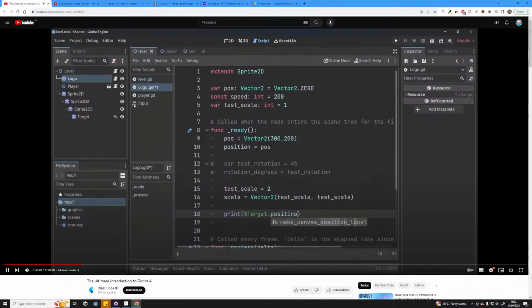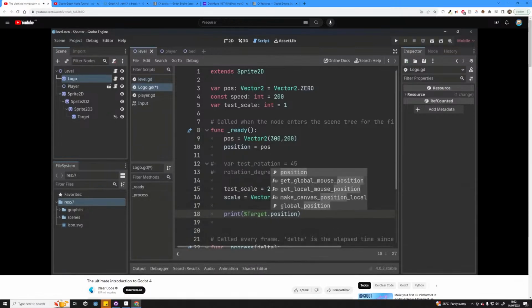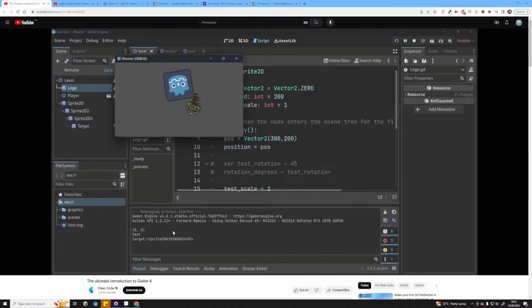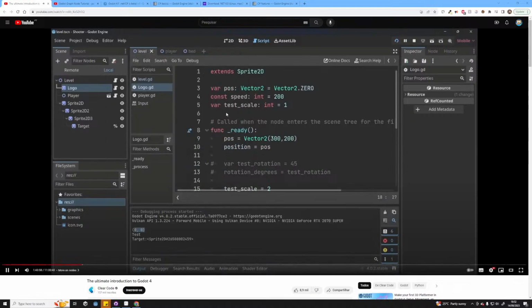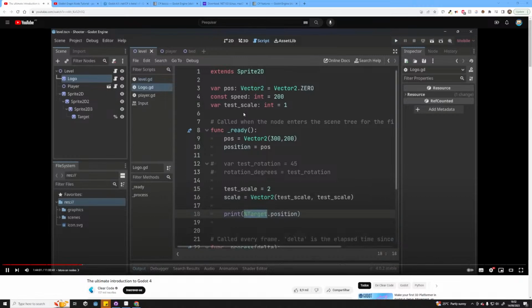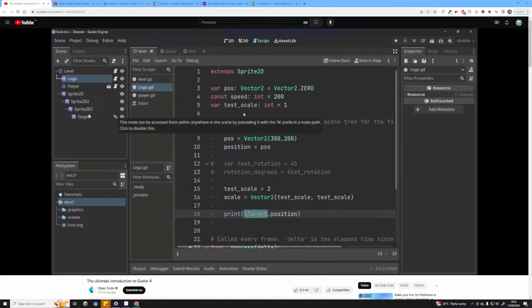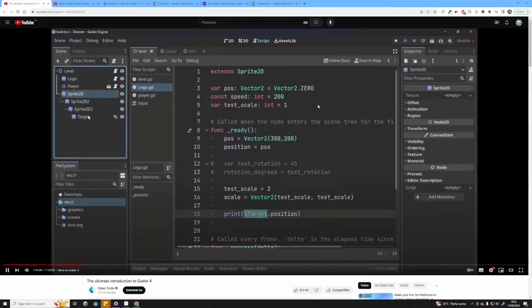I could, for example, get the position. If I spell this correctly, this would also help a lot. And now, if I run all of this again, we are getting a position, which is 0 and 0. With this kind of setup, it's much easier to work in larger scenes. Although don't overuse it. If you add this kind of thing to every single node, the system kind of becomes pointless. So use